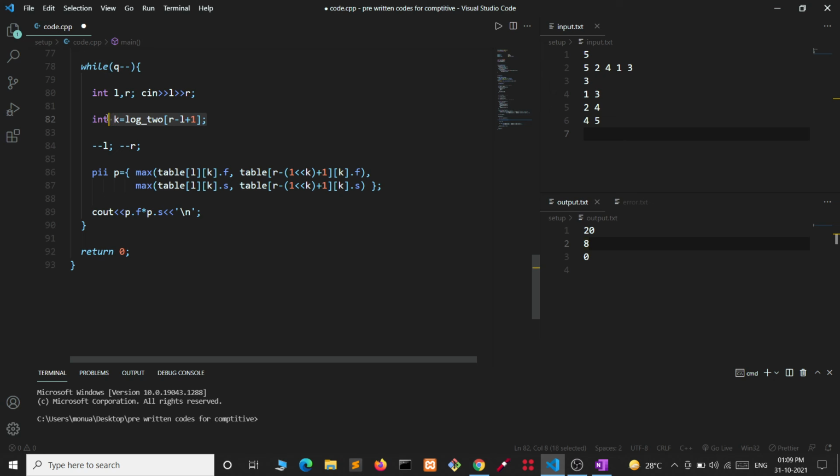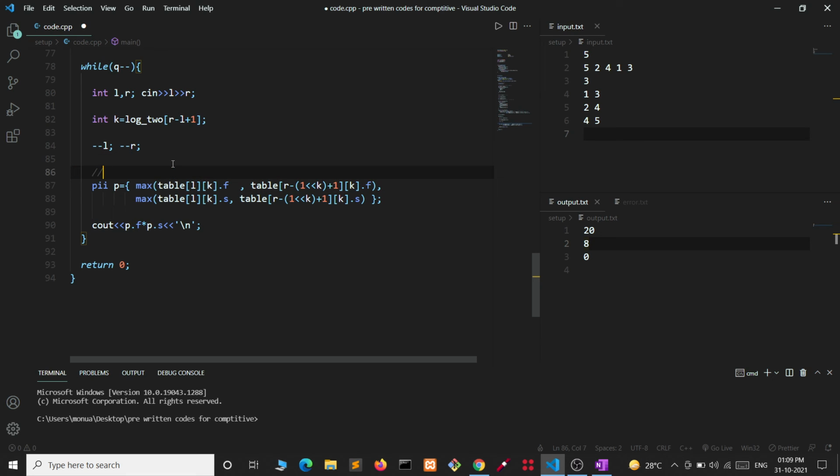So we have found the K. After that, we are taking the intervals: this is the interval from L to L plus 2 to power K minus 1, and this is the interval from R minus 2 to power K plus 1 to R. You can see it here.